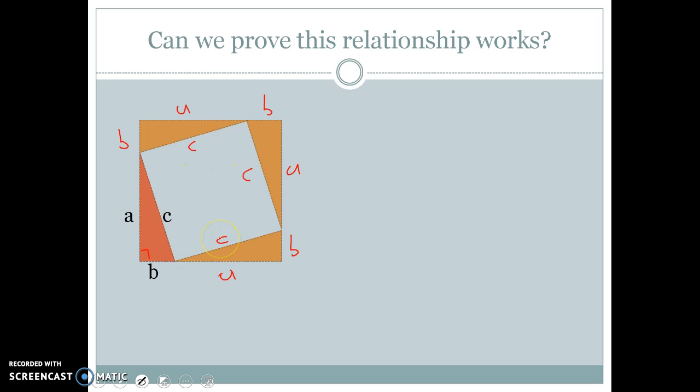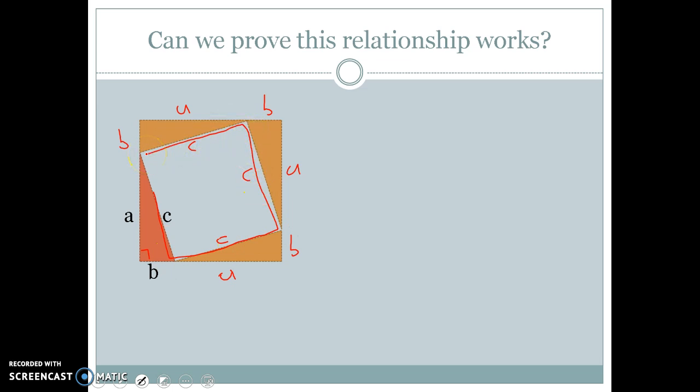Well, suppose that I want to find the area of the shaded region. Well, there's 2 ways that I could do that. I could maybe do just the area of the inside square in here, which is the c squared. If I want to find the area of this inside square, one thing that I could do is take the